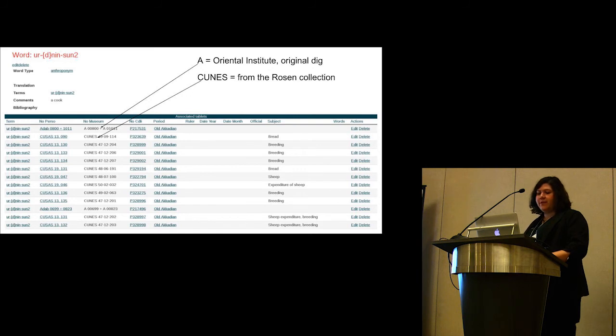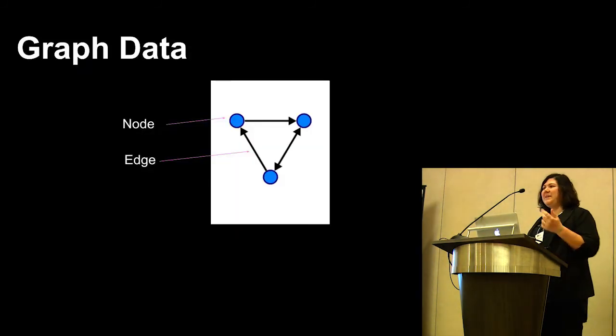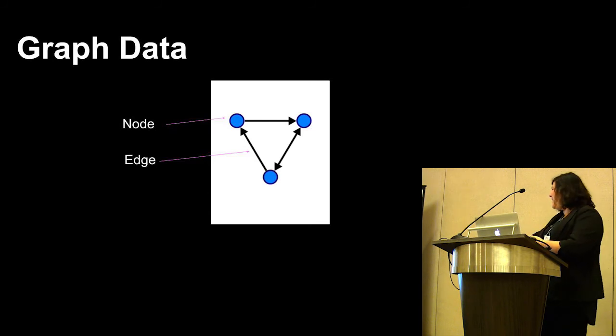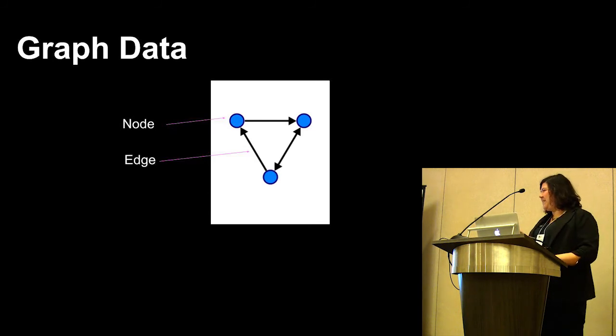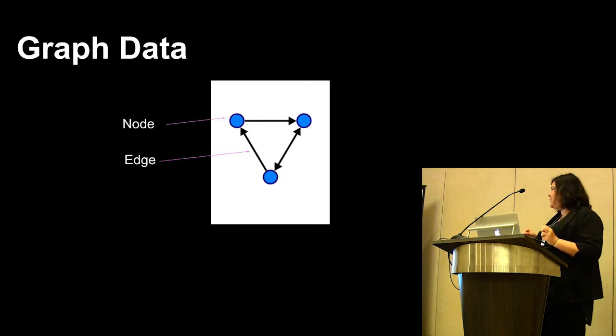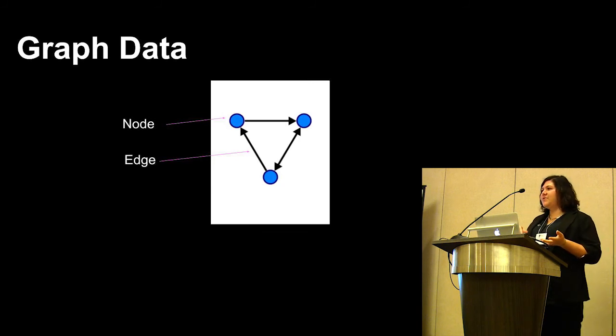But we can go one step further. And we were lucky, we already had a little information about graph data earlier in some of the talks. So what is really interesting about graph data is that it focuses on relationships and not only on the entities. So if we're able to harvest our data and transfer it into graph data, then we're able to view these relationships more easily and find patterns, even visually, before applying any sorts of complicated stats analysis.